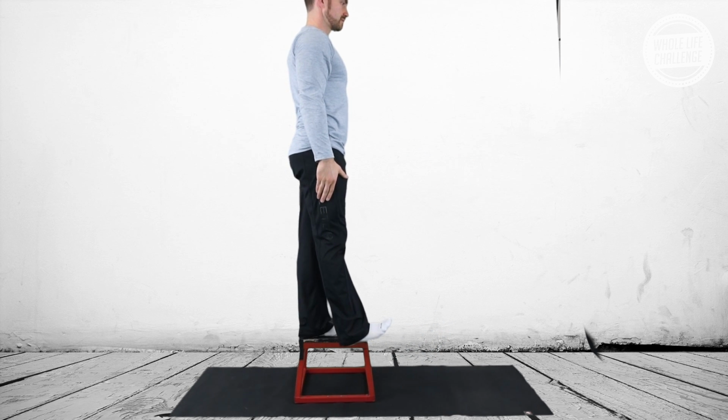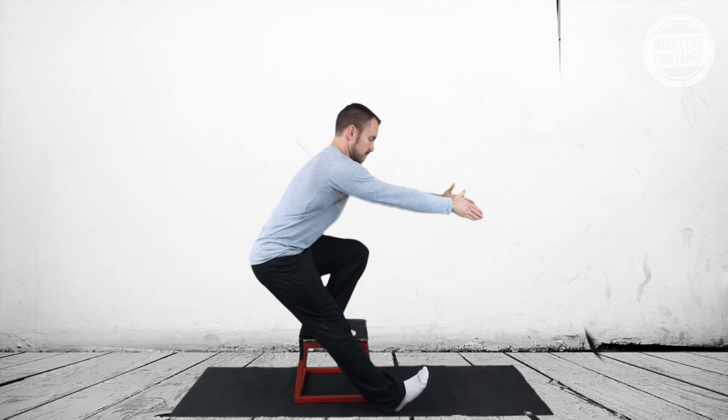Then you can again work on the eccentric by nice and slow controlling it down, a little tap with the heel